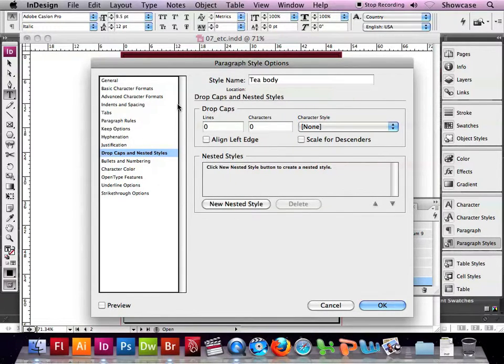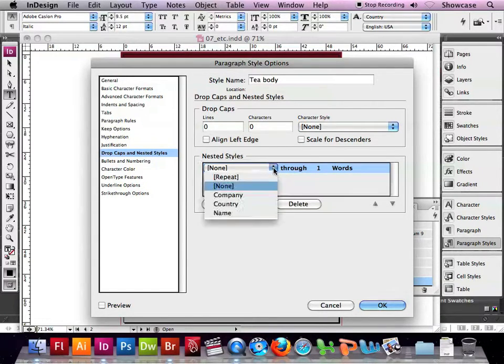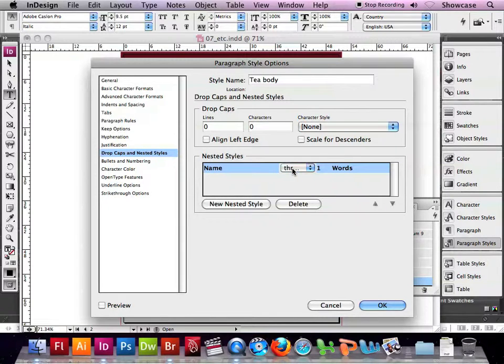So what we do here is we click on drop caps and nested styles and click on new nested style, and we've got a series of text which is actually a series of drop down menus. So under the first item where it says none, if we click on that we can see that we've got some styles, and we choose name. Click on the word through and that changes into a menu, and we can choose up to. So the style will be applied up to,